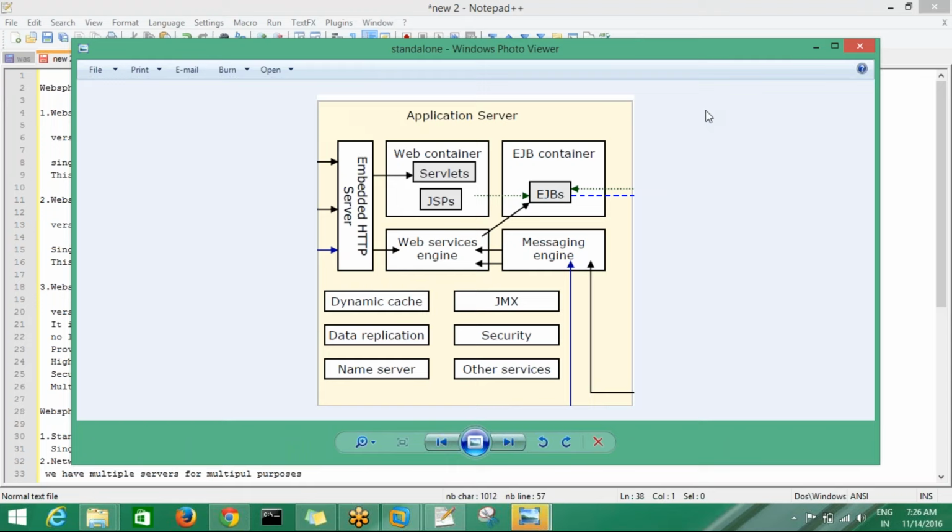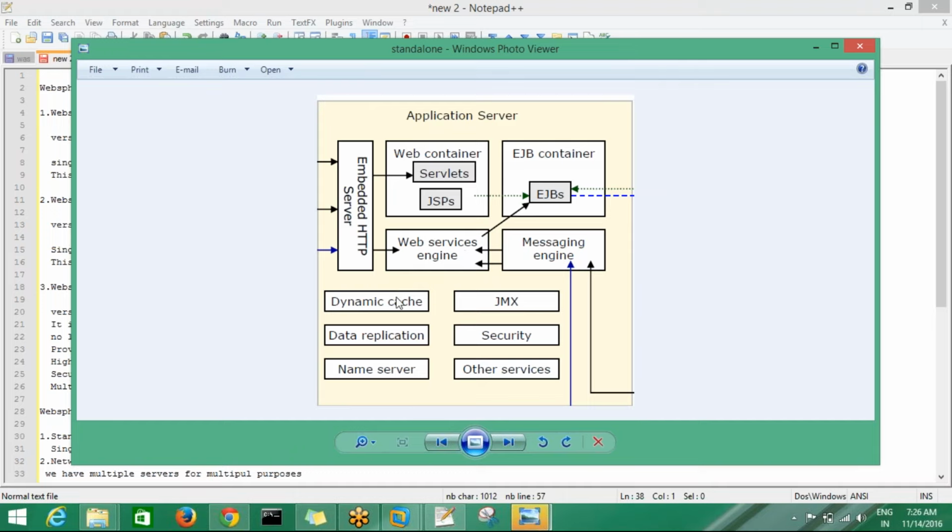Rambabu, can you explain this architecture with examples? Example means nothing but one application server. There is no example for that. This is nothing but WebSphere application server. The services you mentioned, dynamic cache and data replication.